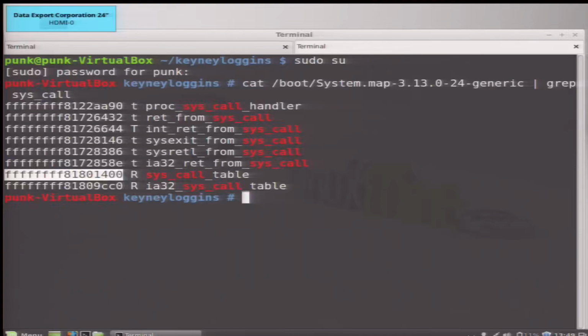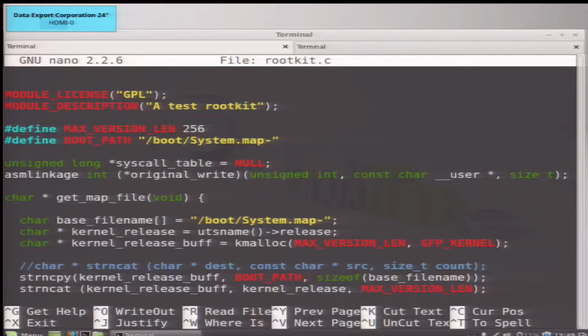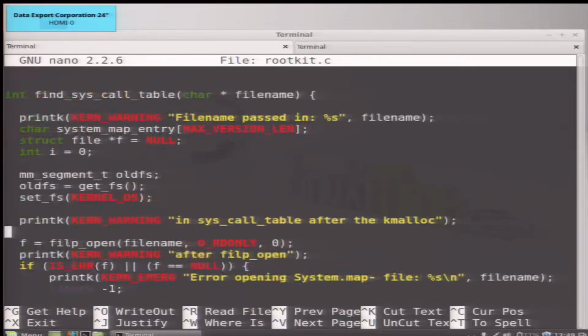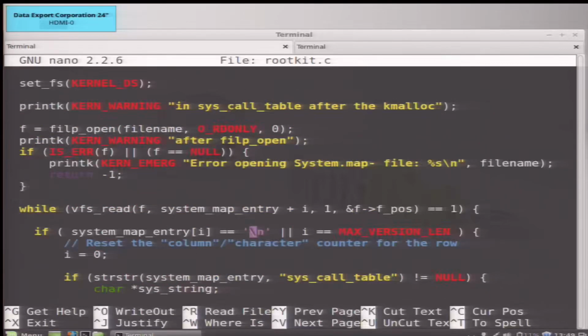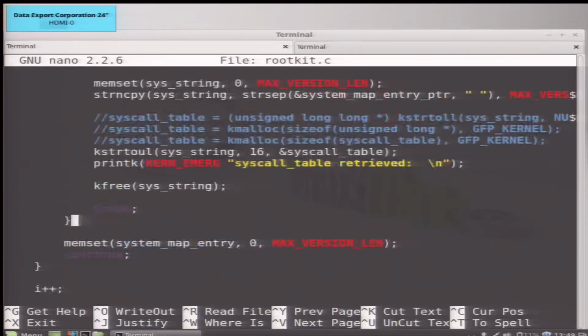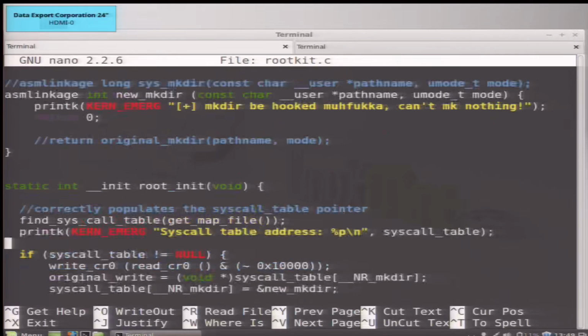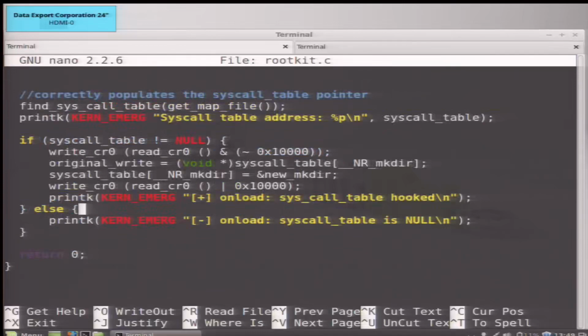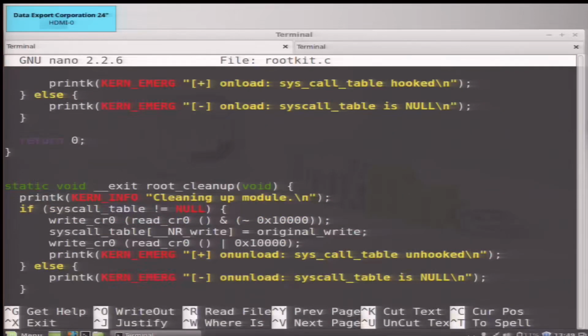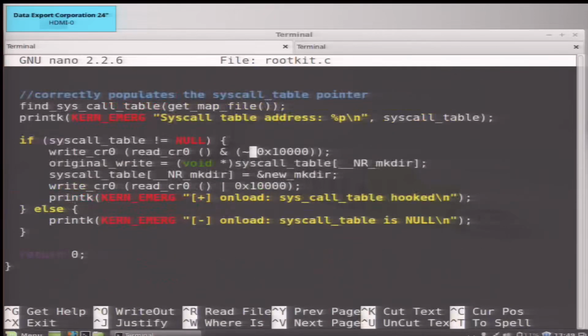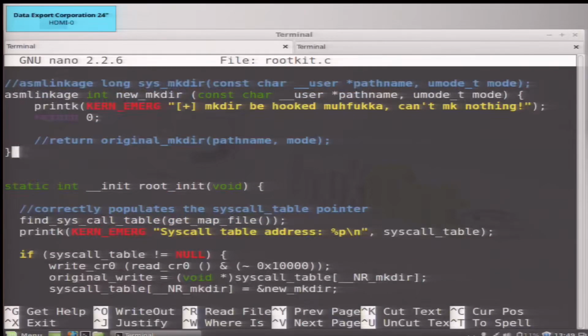And the other thing I wanted to show you was what we're actually doing to the system calls. Oh yeah.